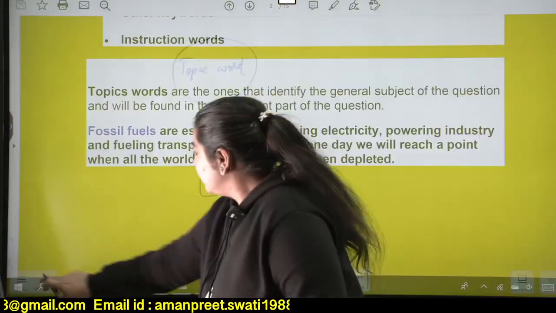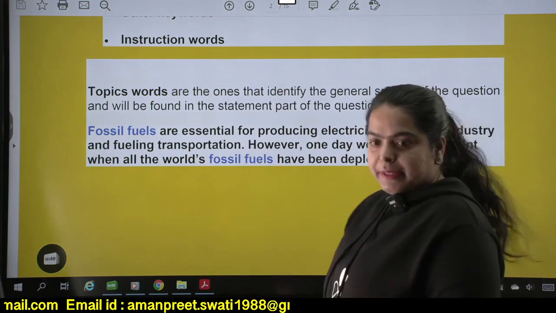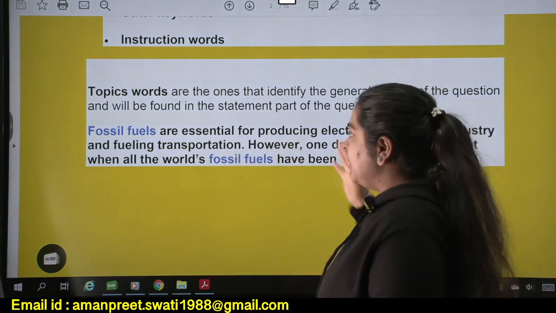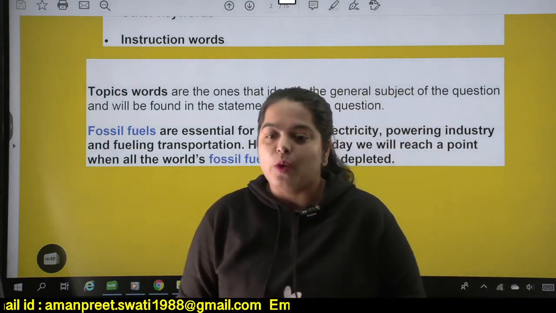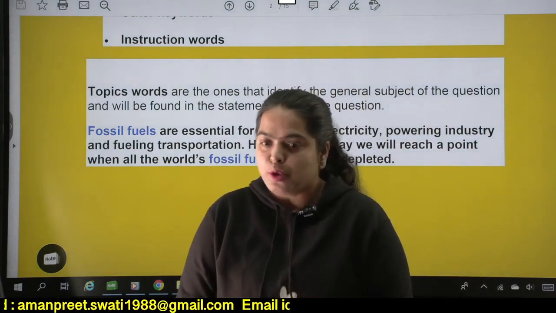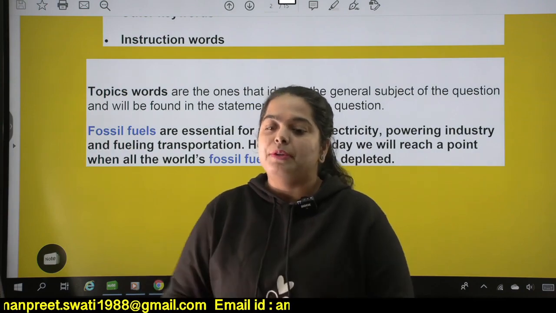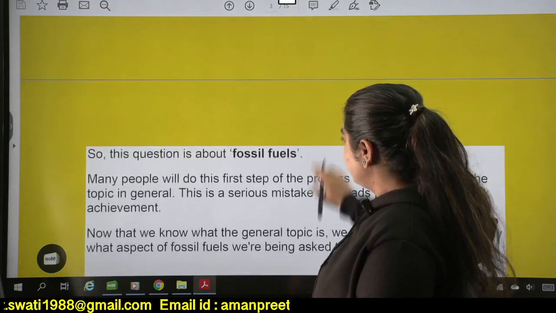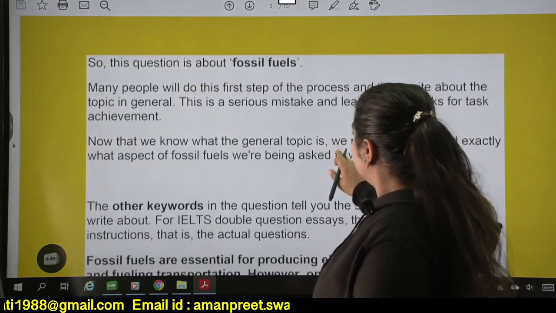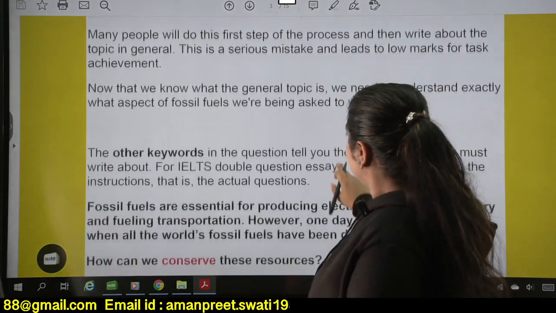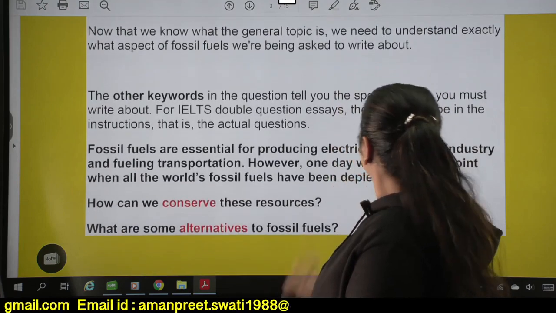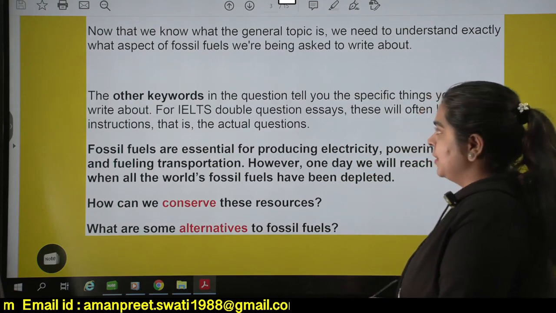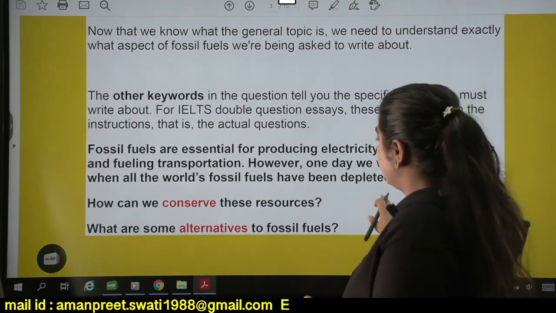So let's come back to the statement. Fossil fuels are essential and fossil fuels would have been depleted and all that. So that means the topic word is what? Fossil fuel. That's your topic word around which the whole statement revolves, right? Let's proceed further. Now, if we specifically talk about the other keywords or the instruction words,